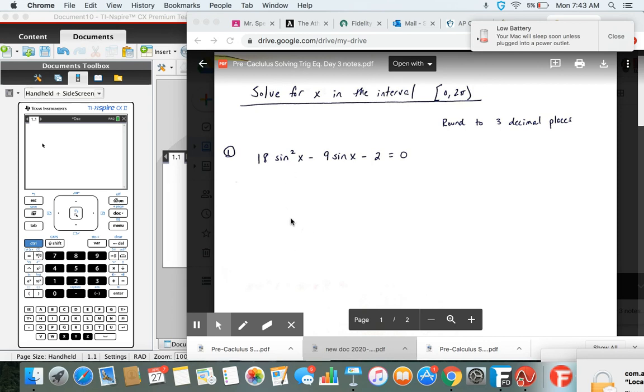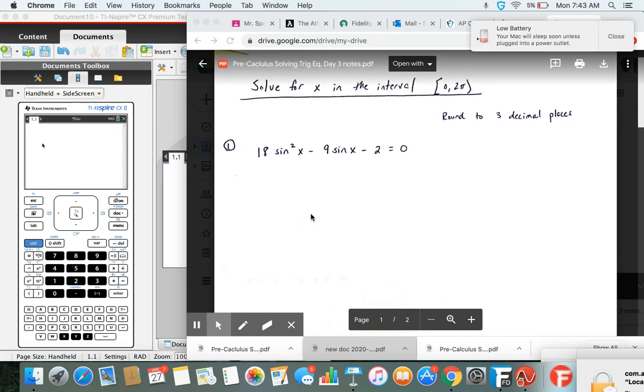So the first thing that we need to do is solve these equations, just like we have done in the past, where we could be factoring or another type of method. But here we're pretty confident that we do have to factor, right? We have to make two parentheses. We're going to use factors of 18 and factors of 2 that can hopefully, when we multiply them and add them together,